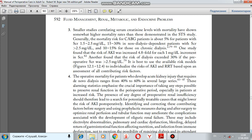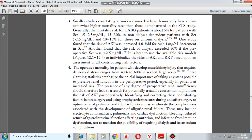The operative mortality for patients who develop acute kidney injury that requires de novo dialysis ranges from 40% to 60% in several large series. These alarming statistics emphasize the crucial importance of taking any steps possible to preserve renal function in the perioperative period, especially in patients at